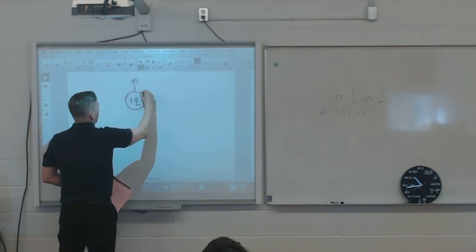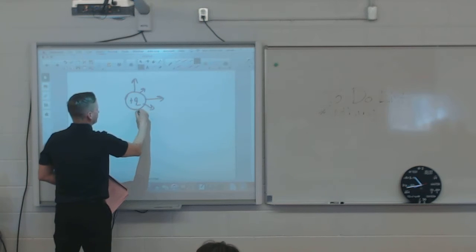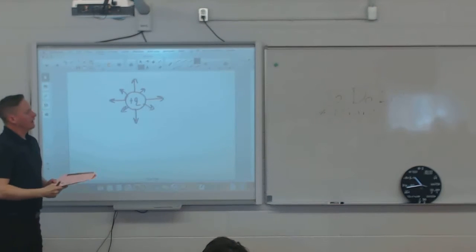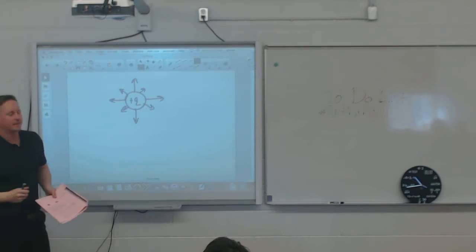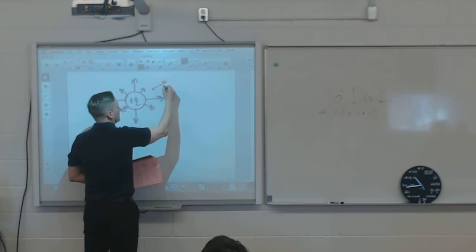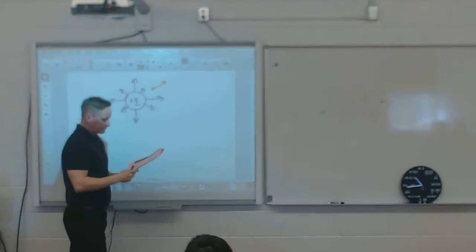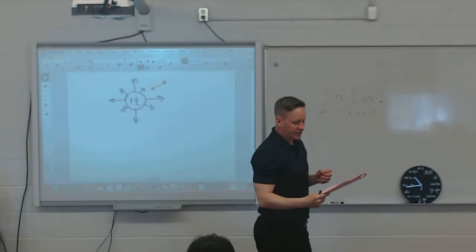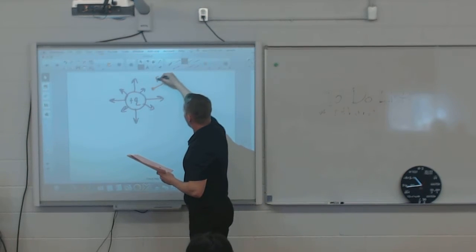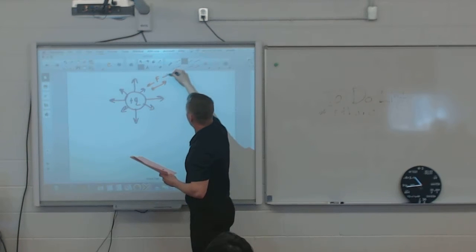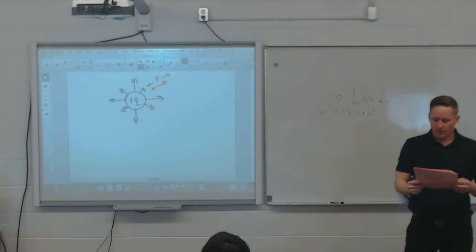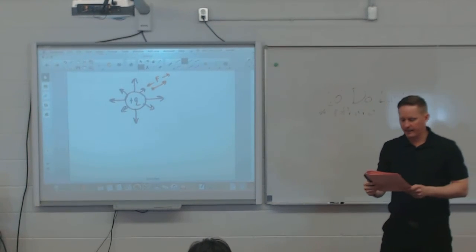Okay, so you look at this right now. I have this electric field of force around here. An electric field exists if I bring another charge into here. So it says a second charge is brought into this region and it experiences a force moving it. So either the force is moving it this way or the force is moving it that way, depending on what that charge is. Okay? So to calculate that electric field,